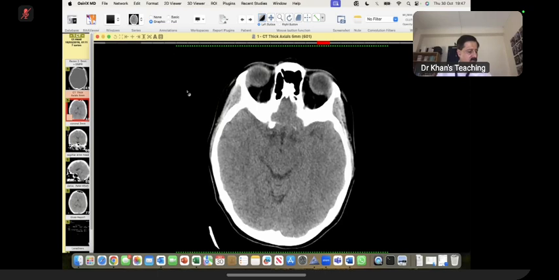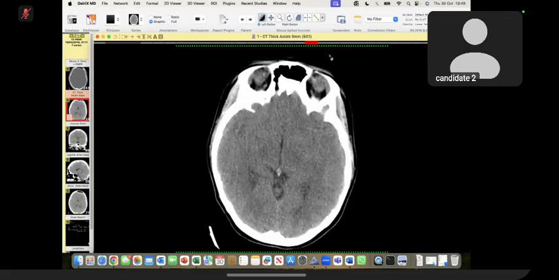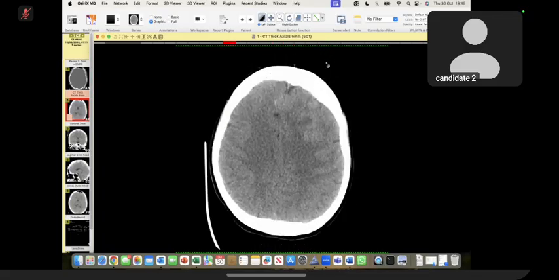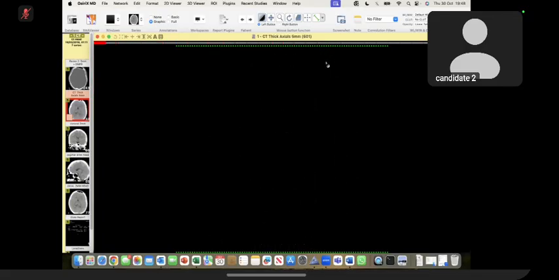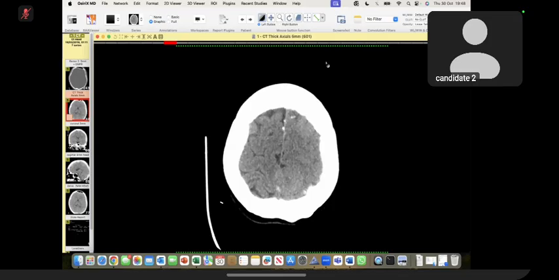This is a 36-year-old male who came with headache. Sir, is the scrolling with you, or am I unable to scroll? Yes. A 36-year-old male patient with headache has been presented with a CT head